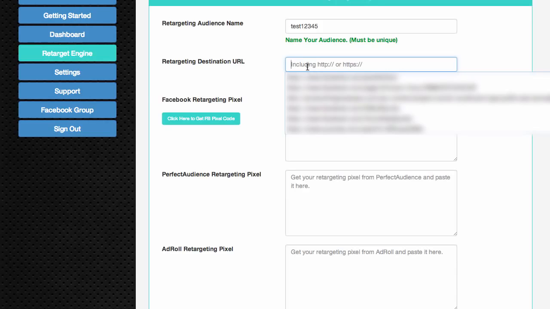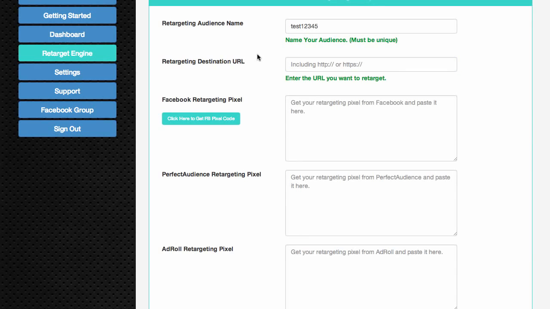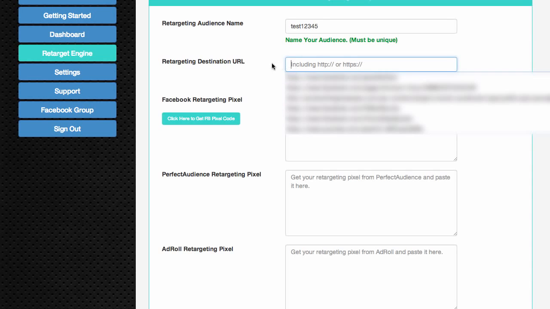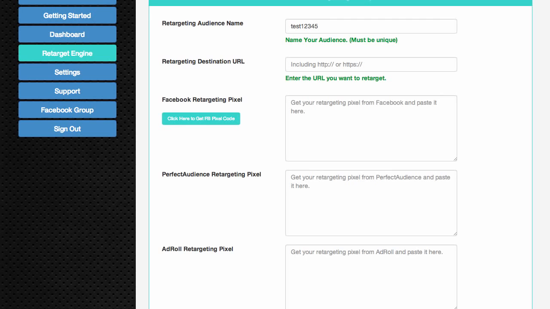So the next thing you want to do is insert your retargeting destination URL. So if you're running a Teespring campaign, you'll put the actual Teespring URL in here. But just for the purpose of this video, I'm going to just put in the URL of the software. So the next thing we need to do is to grab our Facebook retargeting pixel if you're going to be using Facebook to retarget. So let's go and click here,